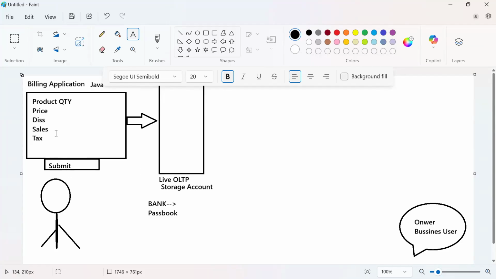The moment the customer purchases a product and you submit it, it goes and commits in your storage, whether you are using CSV, TXT, Excel, databases, cloud storage, JSON file, Parquet file, or XML file, whatever it is, depending on the company budget.